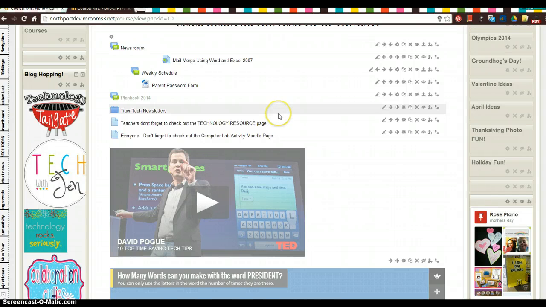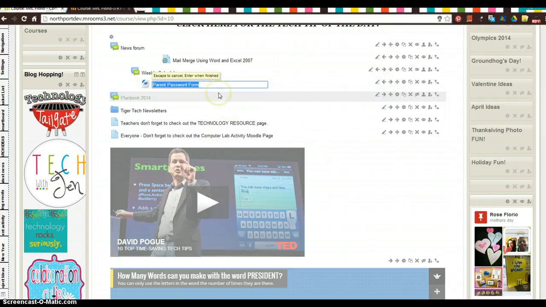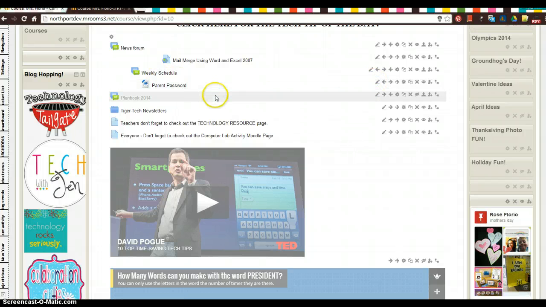If I want to edit the title, I notice maybe password was spelt wrong. There's this new feature. It's just a pencil. It's just edit title. So if I click on this, I'm going to be able to type over the title on the front page and press enter, and maybe I'll just take this out. If I press enter, it's going to change what it says. Okay? If I decide I don't want to change it, it tells me right here I can press escape and